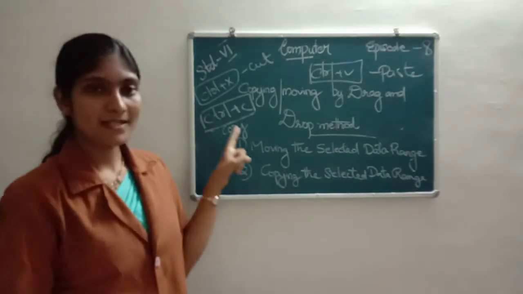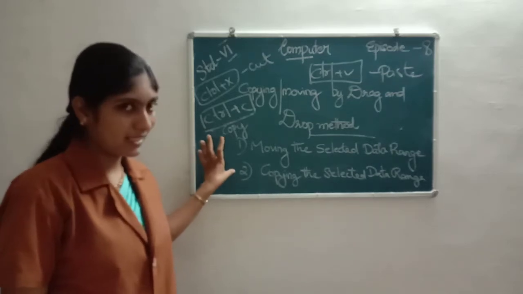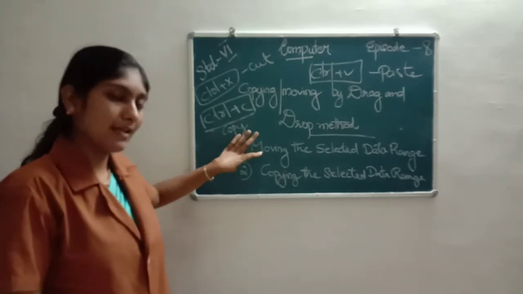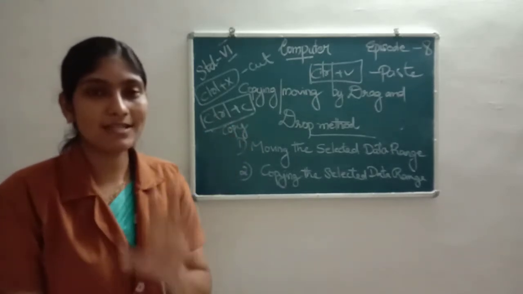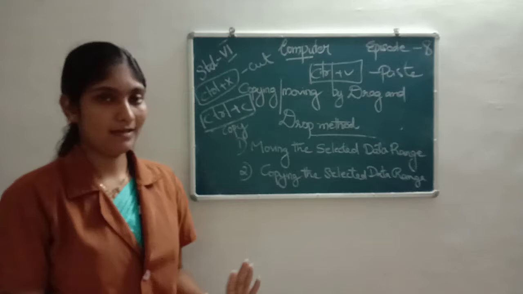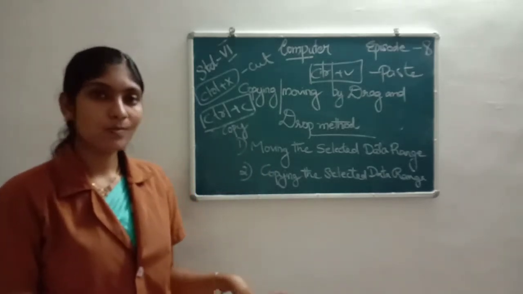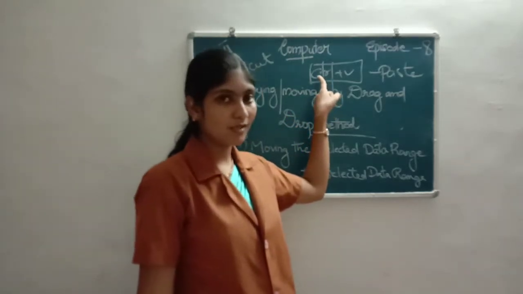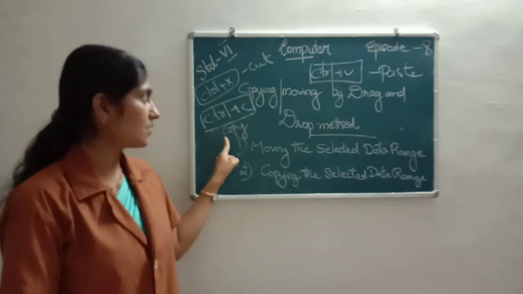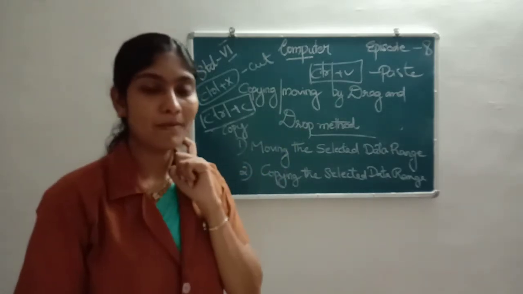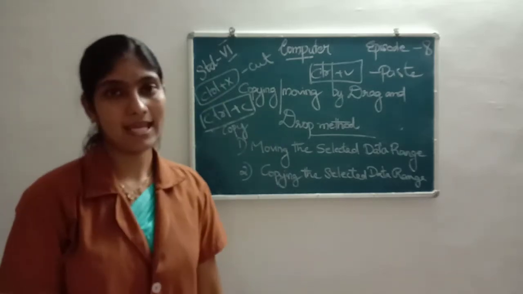That is, select the range of cells and press the Control key and C on the keyboard. So press Control and C. That means the whole data is copied and then it will be pasted into the next position by using this shortcut key. Which shortcut key? Control plus V. So copy, Control plus C, and then paste, Control plus V. If you want to cut it, the shortcut key is Control plus X.